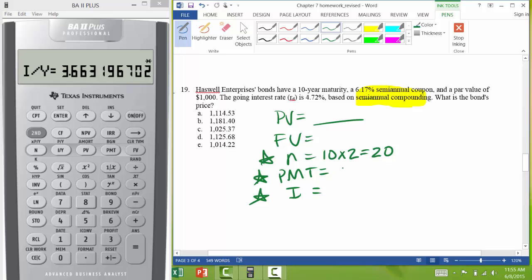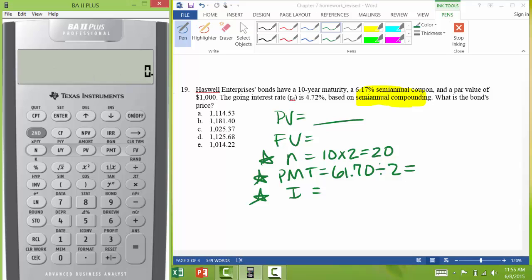And a 6.1% semi-annual coupon. So if I multiplied 6.17% times 1,000, I would get $61.70. But I have to divide that by 2. So I go to the calculator. 61.7 divided by 2 is